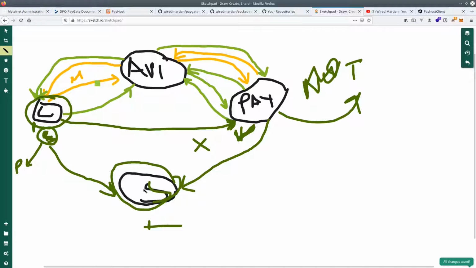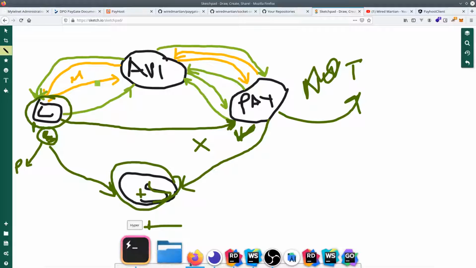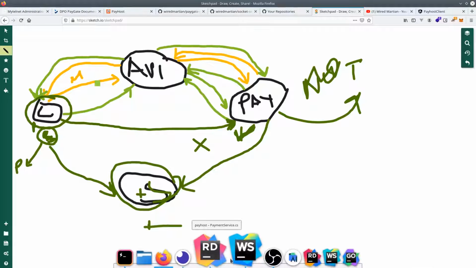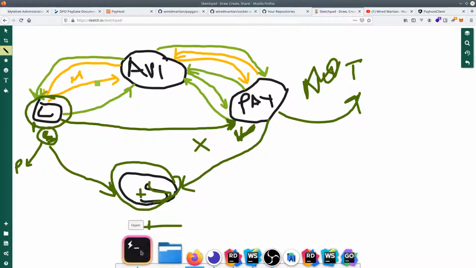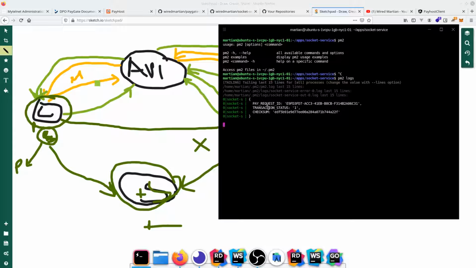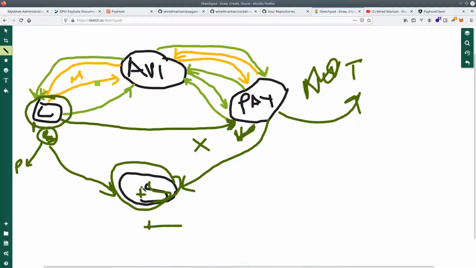So PayGate hits this, and then that endpoint then emits a message saying this payment is complete. And the room it emits to is the room that this client opened. And the reason it knows that room is because PayGate has told it, like, this is the pay request ID, which you opened the client, which you opened the socket with. So our socket service then tells our client, like, hey, the payment is successful,